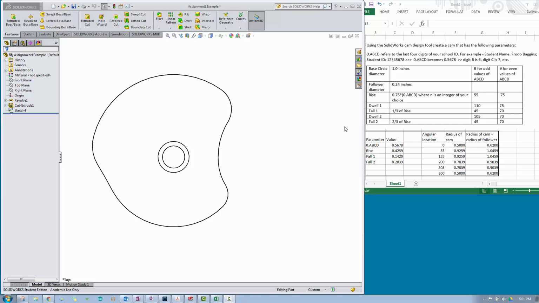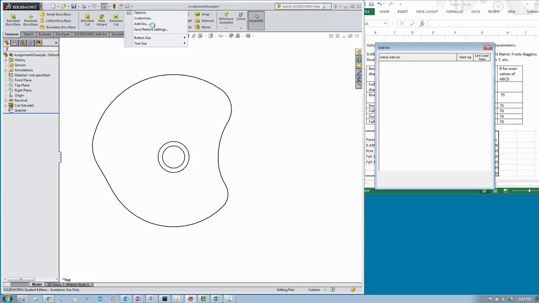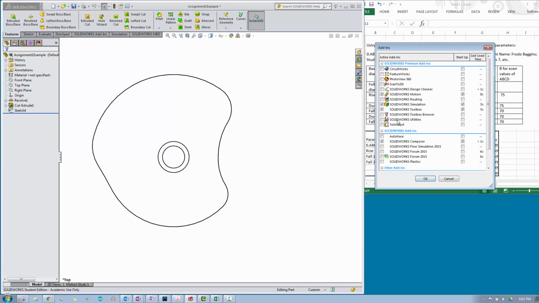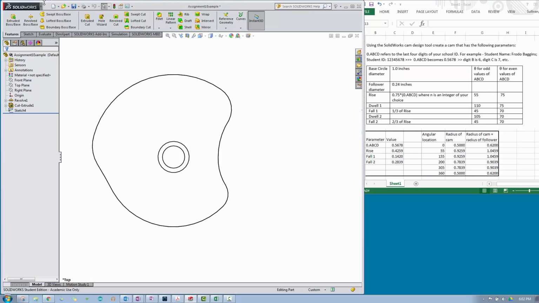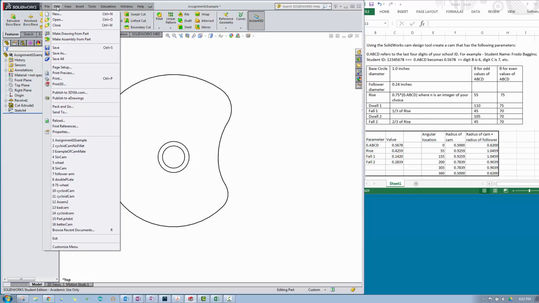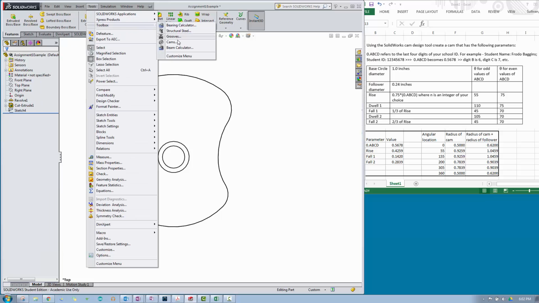Now for the parameters using Solidworks, a lot of the values are given in terms of the radius of the cam plus the radius of the follower, so you need to be aware of that. So that's each of these plus half of 0.24 or 0.12. Just to recall, you need to go under your options and add-ins, and you need to make sure that your Solidworks toolbox is turned on. And then to create your cam, you go under Tools, Toolbox, Cams,